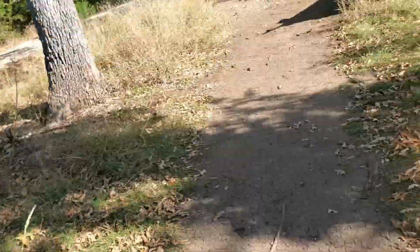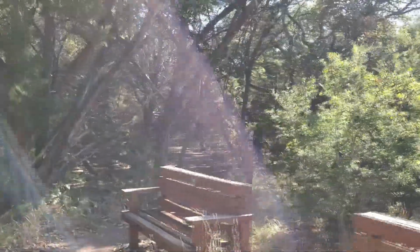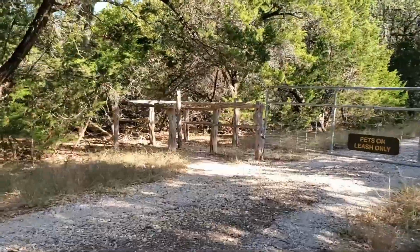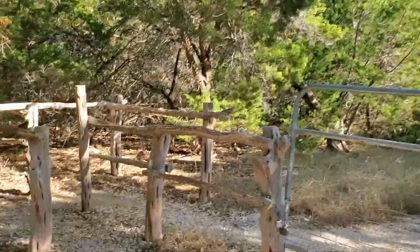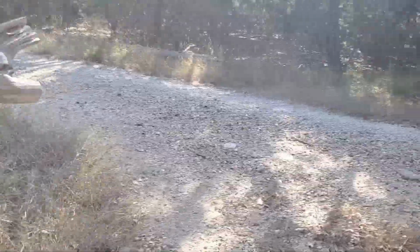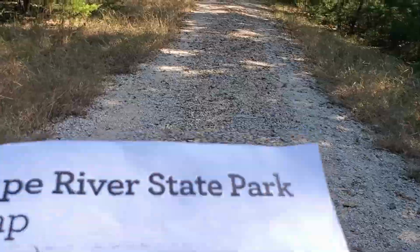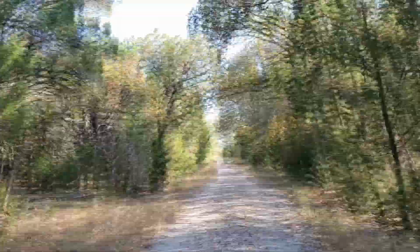Let's go see where it is. This is the Hofheinz trail. I just saw that. So that means the other trail should be right through here somewhere. Well, we'll find out because it says the Bamberger Trail crosses, so